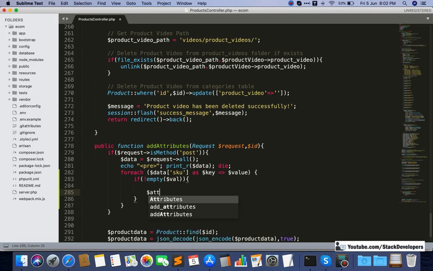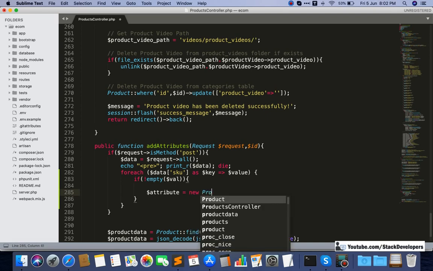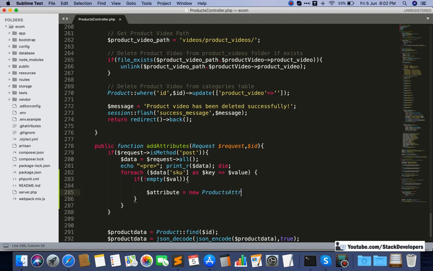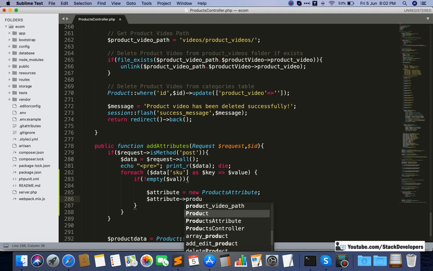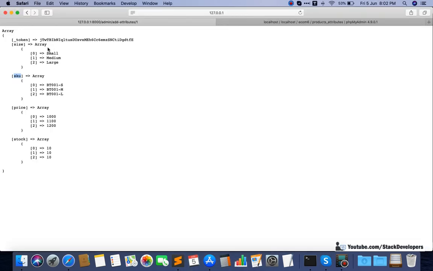I will make it like this: $attribute equal to new ProductsAttribute. This is the model name we have. For $attribute, first we will get the product ID. The product ID we need to save, and I'm going to check it.